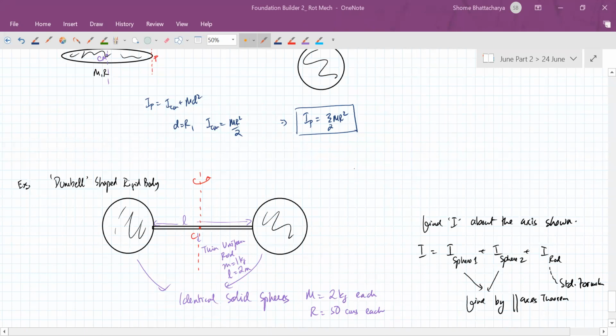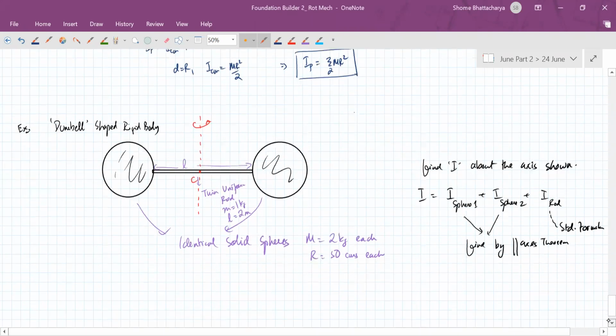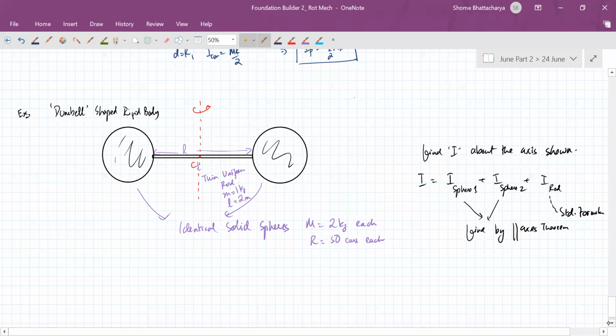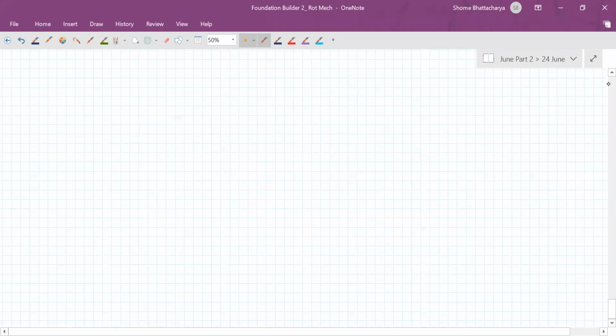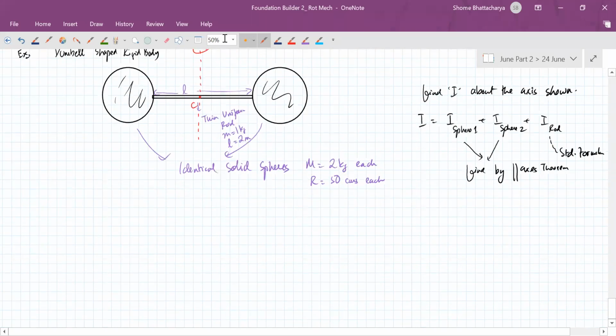Okay, so got the answer, people. So see, each of the spheres will give you the same value of moment of inertia about the given axis, because for each of the spheres you are at the same particular distance from the axis, right? So whether you consider this sphere or the other one,